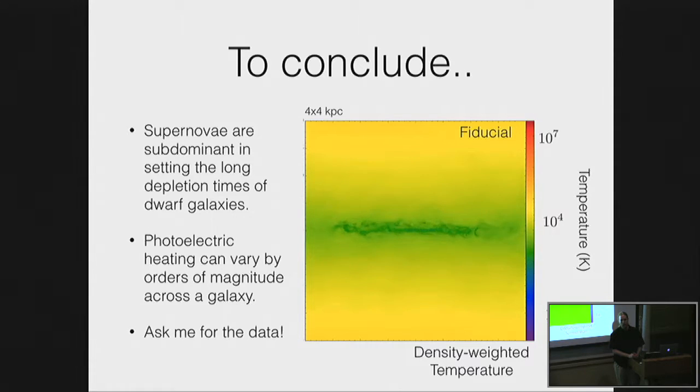So I seem to remember authors speaking of the depletion time in terms of the total molecular gas over the star formation rate. And it seems like that would be a better diagnostic, but it looks like you're plotting the total atomic hydrogen. So can you explain why you did that, and if using the molecular mass would bring dwarfs more in alignment with larger galaxies?